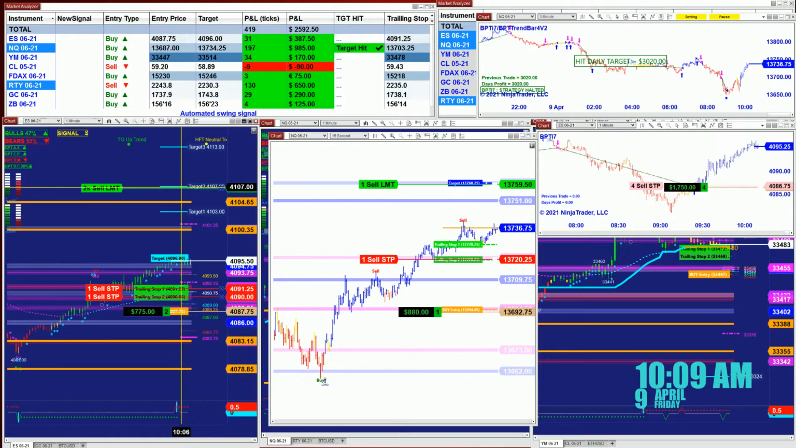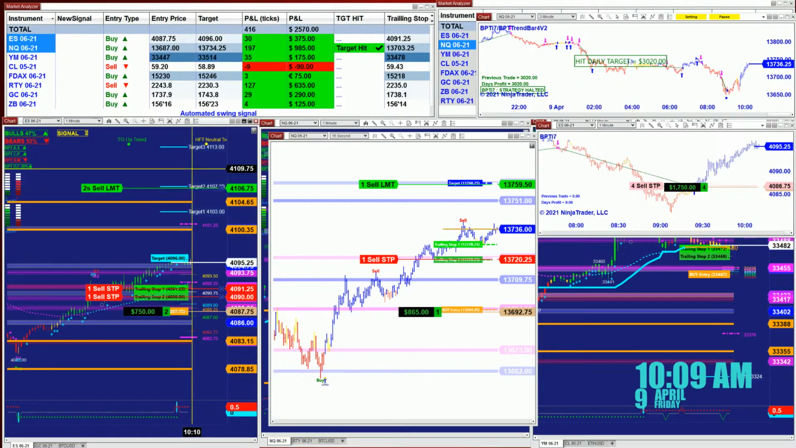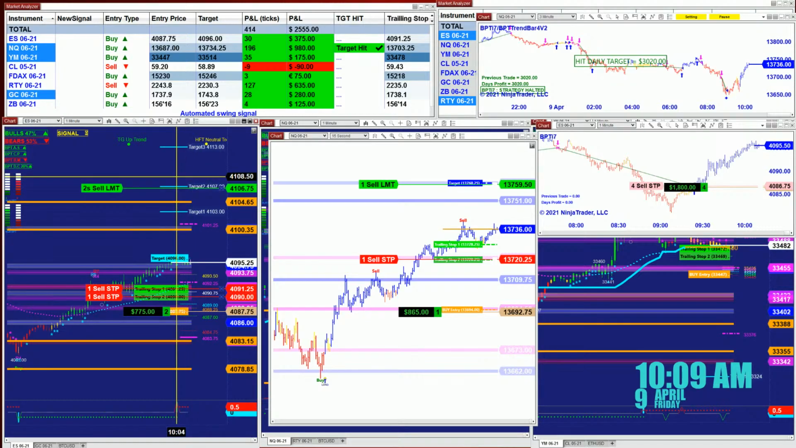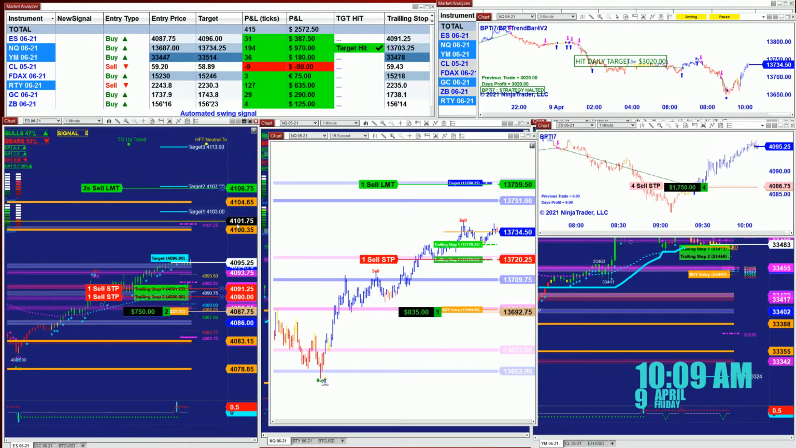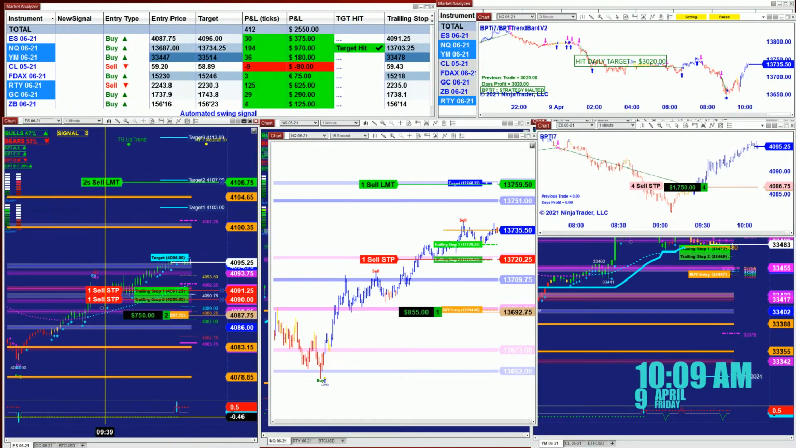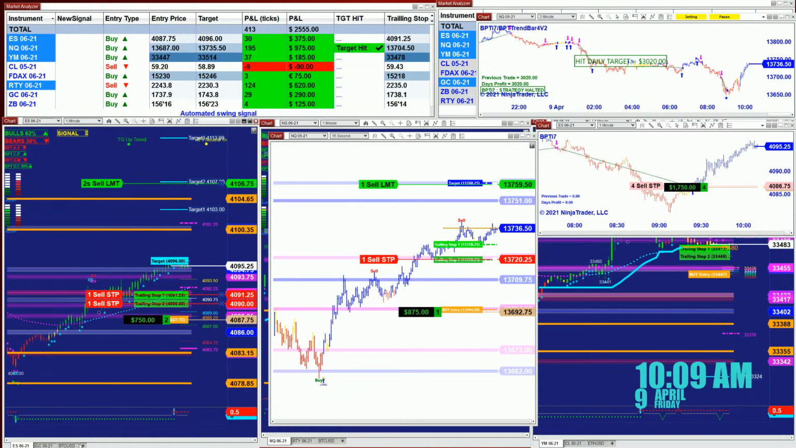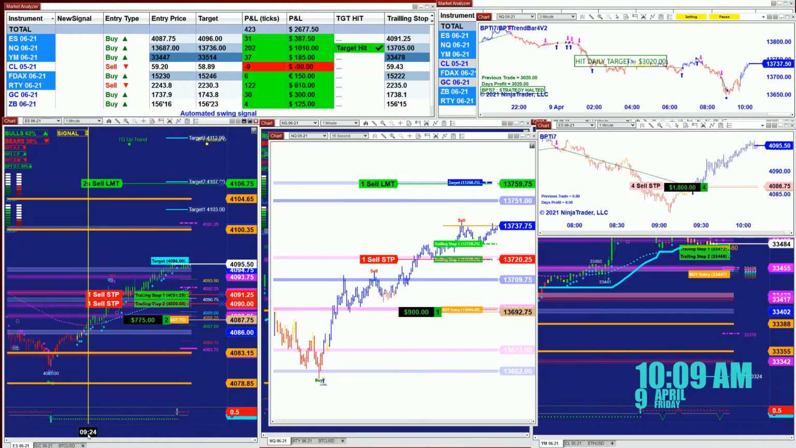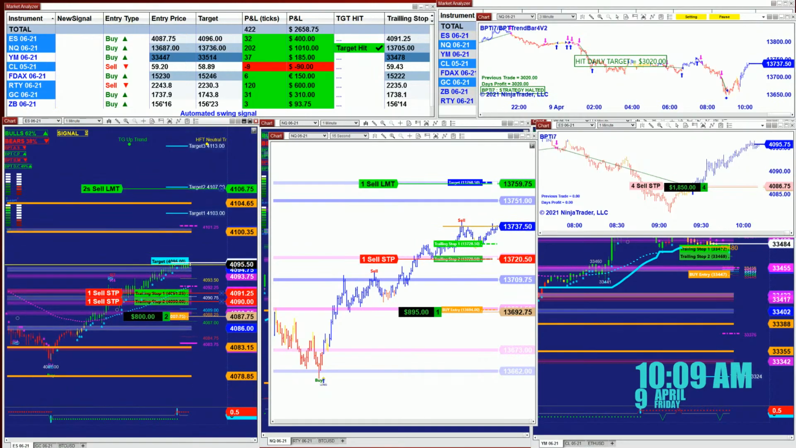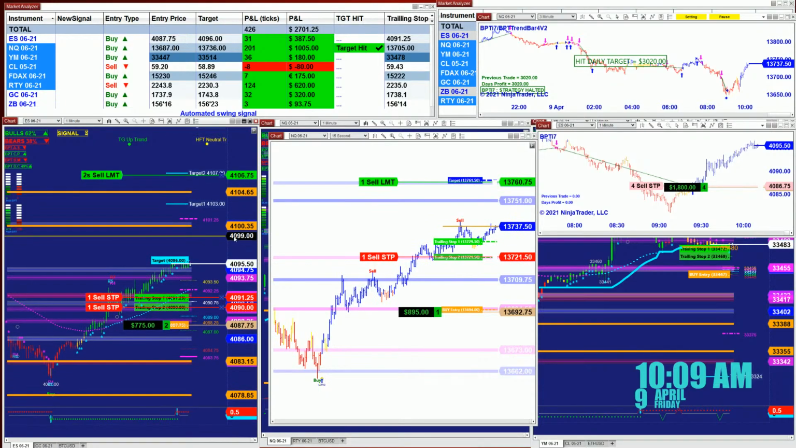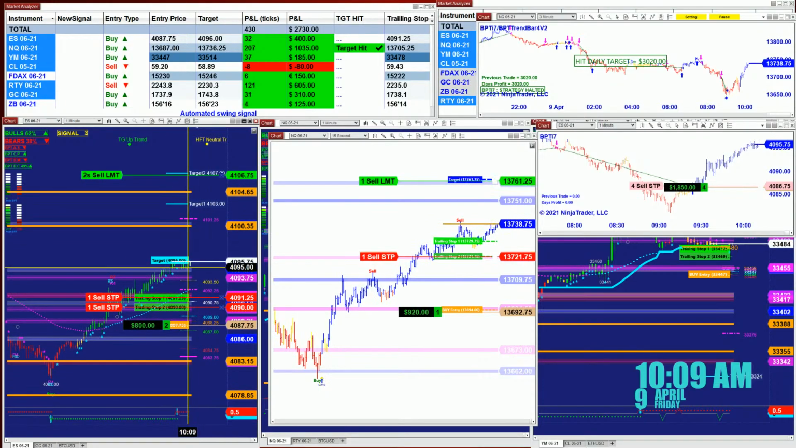But those are institutional numbers, and 90% of people don't even know they exist. But they do exist, and we've been using them for over 22, 24 years. So those targets here, the institutional numbers, if we can maintain above that level here,